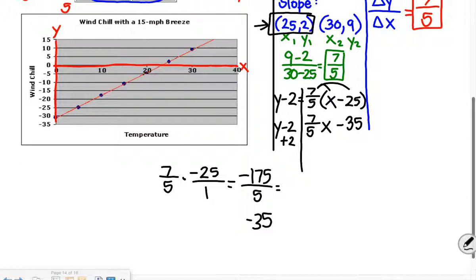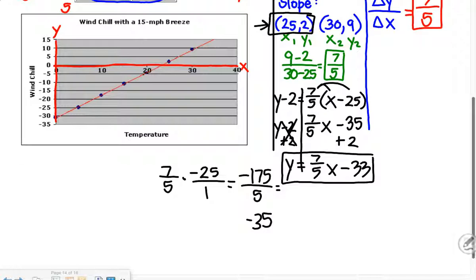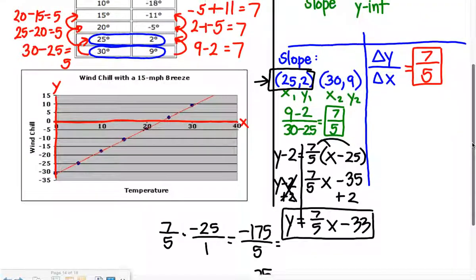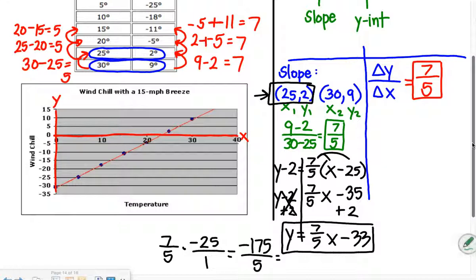Add 2 to both sides. All right, y equals 7/5 x minus 35. Let me just check one thing really quick. All right. So the other way to do it, so now we have an equation in slope-intercept form. Our other way to do it